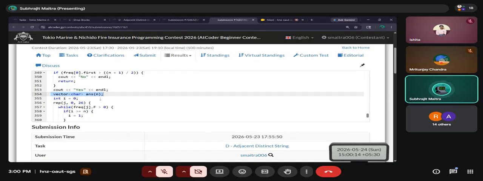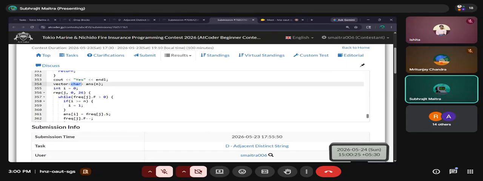My implementation might be some smaller implementation is there. I have done it this way. It is very easy to understand. I have kept an answer vector which will store characters. See what I am doing. I have kept an index i equals to 0. Okay. I am going through all the characters, that is j from 0 to 26,